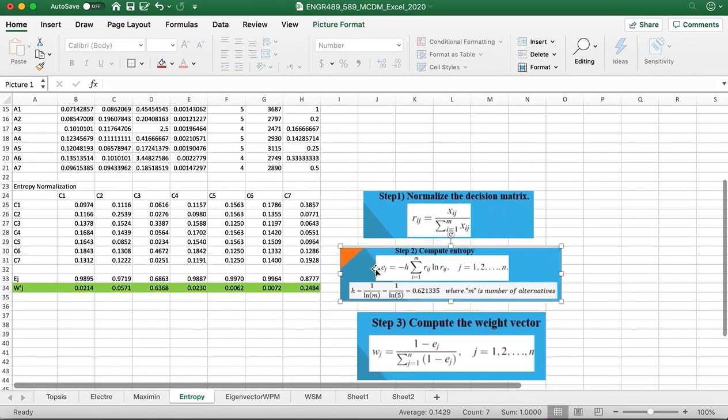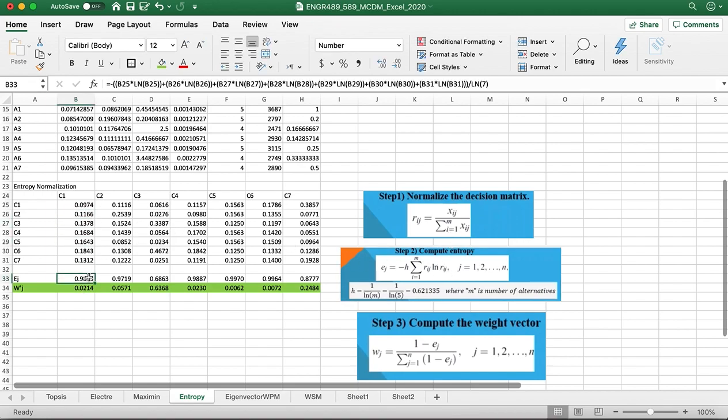And then after we do that, step 2 is to compute the entropy. So we have this minus h, and h can be calculated from 1 over ln of m, and m is the number of alternatives. So here in our case, the number of alternatives is 7. So it's going to be ln of 7, and then this is the product of each value and the ln of each of that value. So if I look at this, for example, this is entropy, right? This is this equation. So we have the minus sign here, and this is the minus sign, and this, ln7, is that h, what we have here. And then this is the product of each value and its ln,